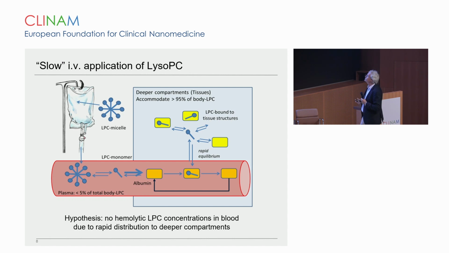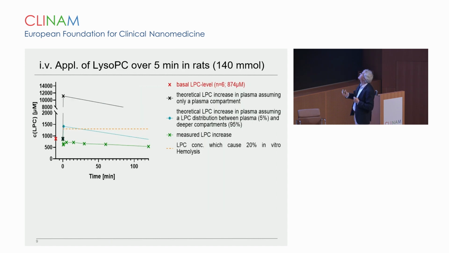We infuse Lyso-PC into the plasma, and once in the plasma, Lyso-PC can bind to albumin. From the albumin, it rapidly goes into deeper compartments. Then the albumin is free again and can take up the next Lyso-PC. But you have to do it slowly. We tested this. This is our result. Here the yellow line, this is our